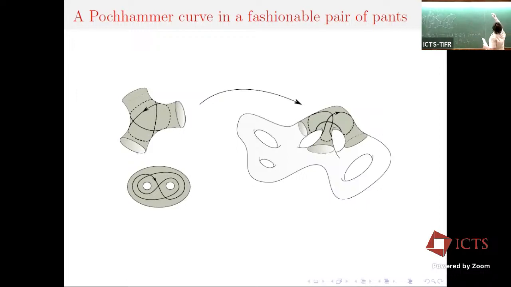So, definition. It's just a topological condition. So we say that some Pj in the pair of pants decomposition is fashionable